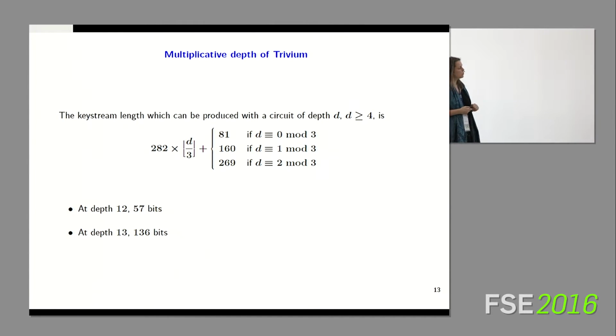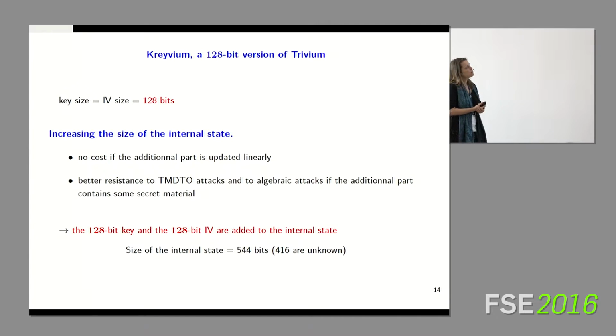So this is quite nice, but the only problem we have is that Trivium can only accommodate 80-bit keys, and the reason for this is that this was the key size which was required in the eStream project. We would like to get a similar stream cipher with similar performance, but with a larger security level. And the problem is that there's no straightforward way to extend the key size in Trivium